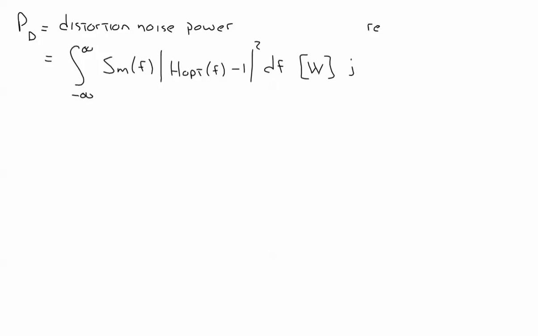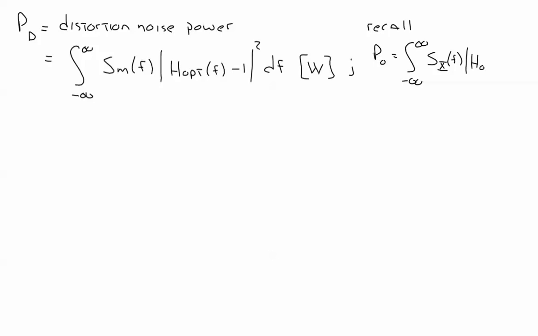Recall that the output power, the power at the output of any linear system when a random process is applied, is this. The output power is the integral from minus infinity to plus infinity of the input power spectral density times